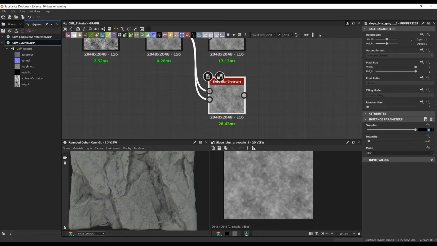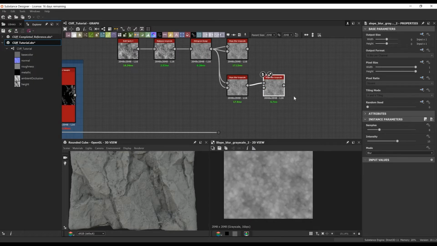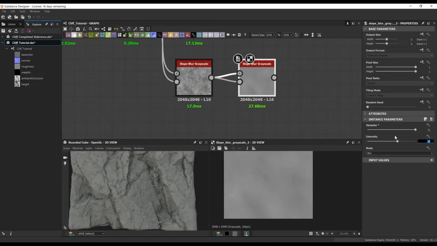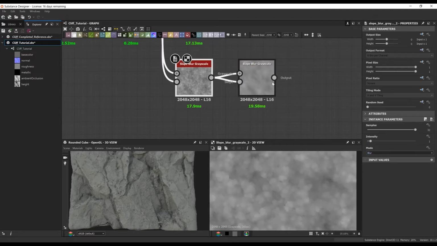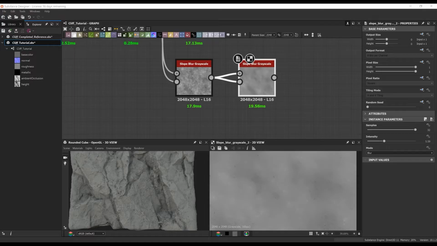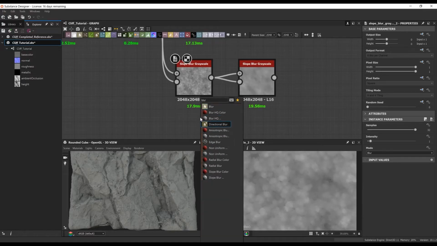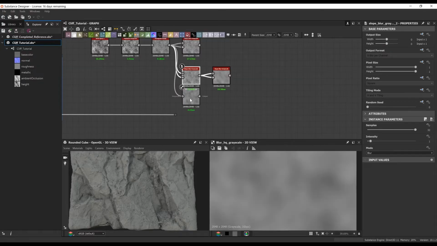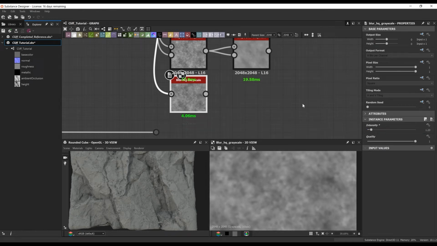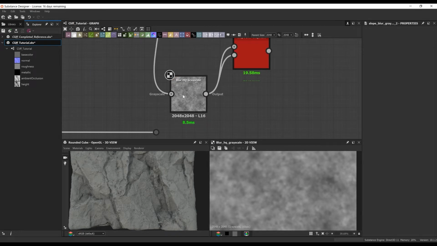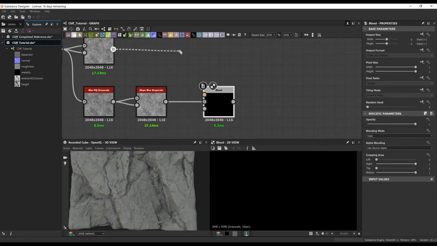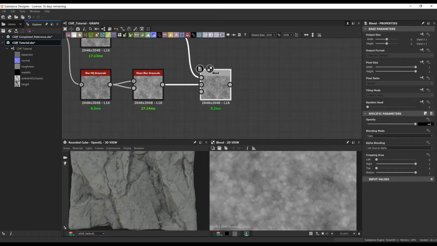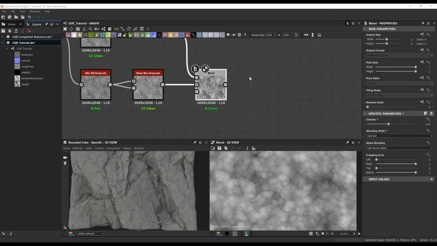It's a bunch of different slope blurs and blur high quality grayscales, and I'm just blending between those to give some sort of undulation shapes to it. So it gives us these nice almost circular, repeated patterns that you can see here once I start blending these in. It gives us some interesting shapes, but we're not really concerned about the way it looks. It's mostly giving us some interesting noise that's going to be overlaid on top of our moss that we just created.